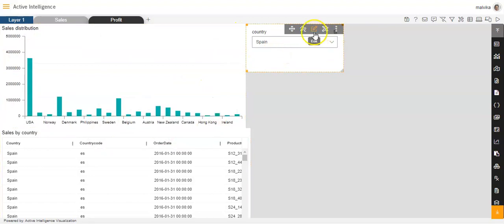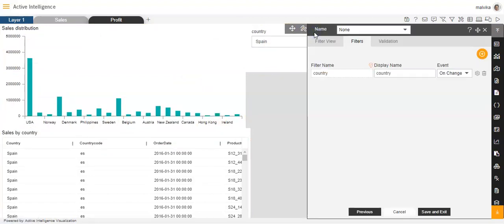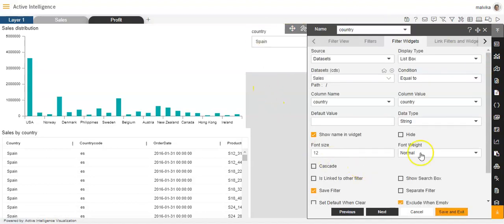Now we'll see how we can apply the same filter to this chart widget. Now for this, we'll go to the edit menu of the filter. Now we'll keep this filter as it is. You can also change it if you wish to, but I'll keep it as it is, and I'll go to the settings option. In the settings option, I'll keep all the options as they are. You can also change them, but here I'm not making any changes to them.